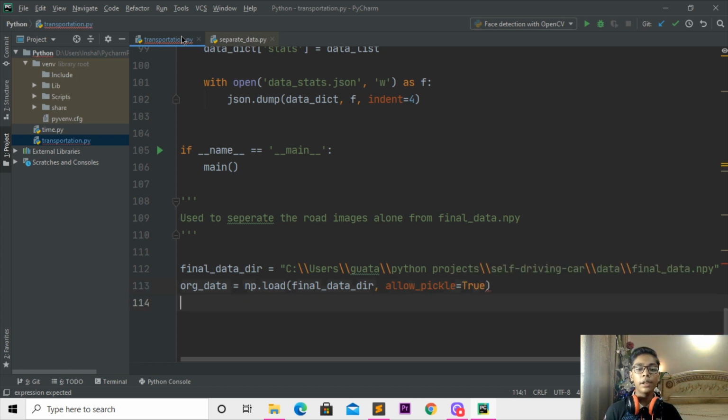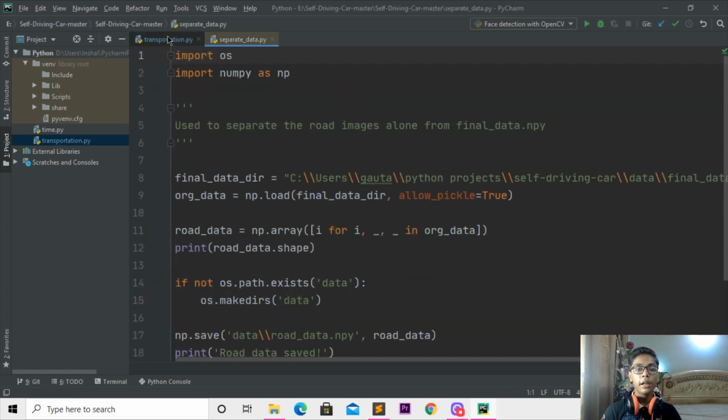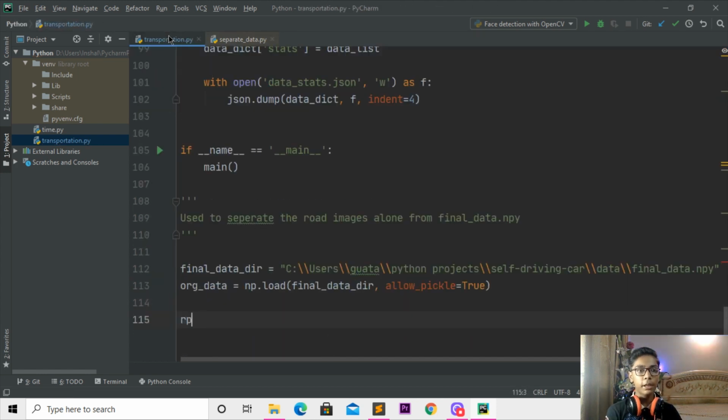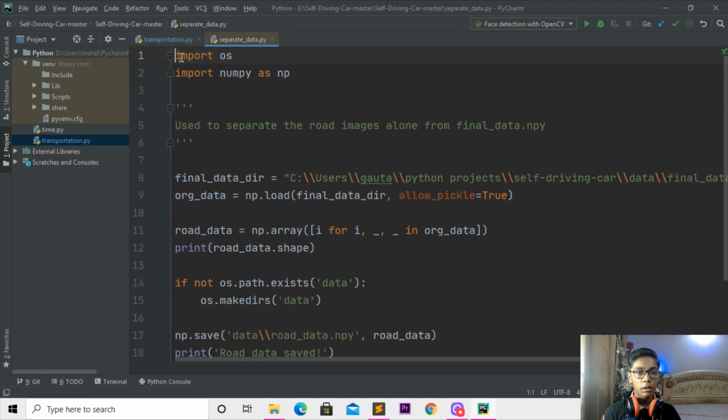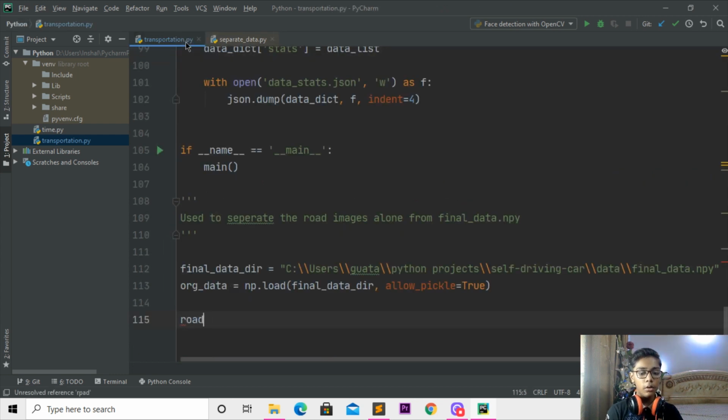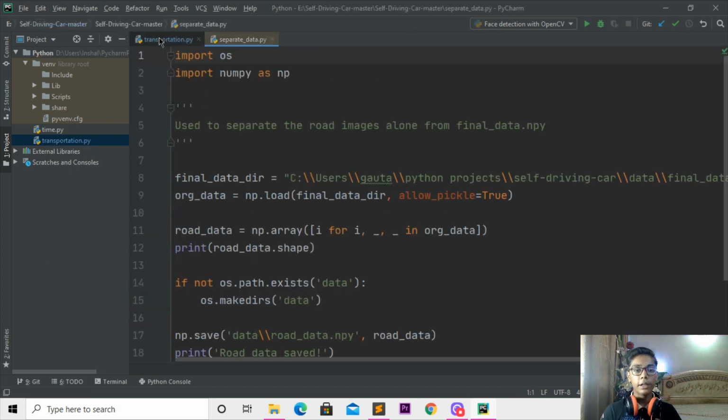So here when you've done that, I'll be now coming underneath, and then here when you've done with that, I'll be now writing road. Okay, so now it is good. So here now I'll be changing that to road underscore data equal, so here we have to just write underscore, so I'll be writing that data equal, and then when you've done that I'll be moving that to np.array, and here I'll be writing brackets,